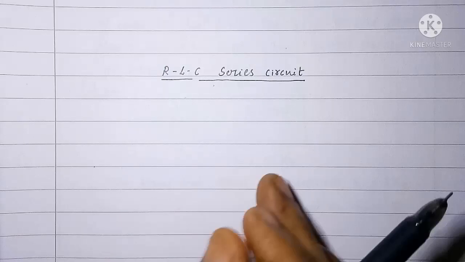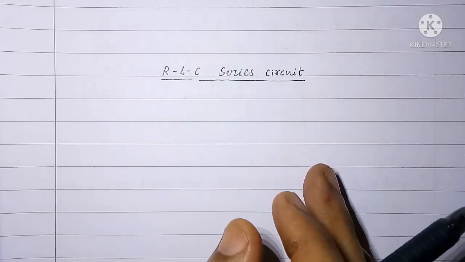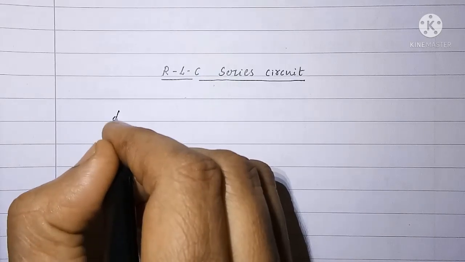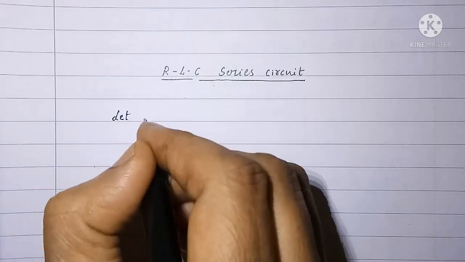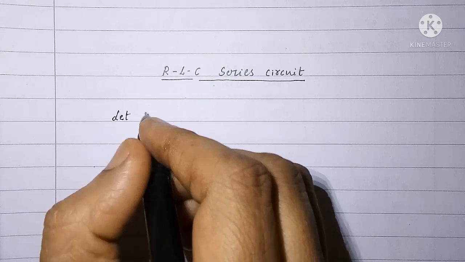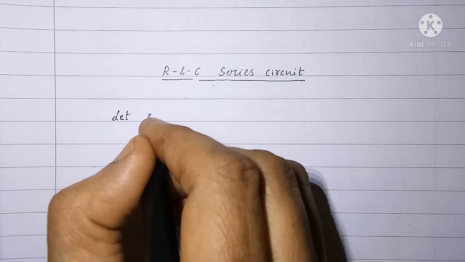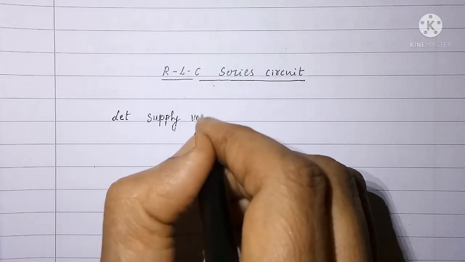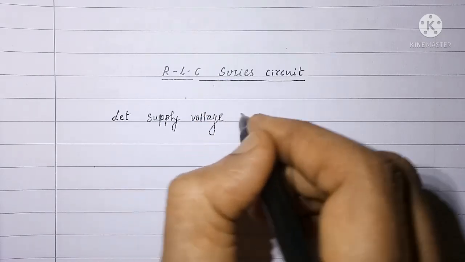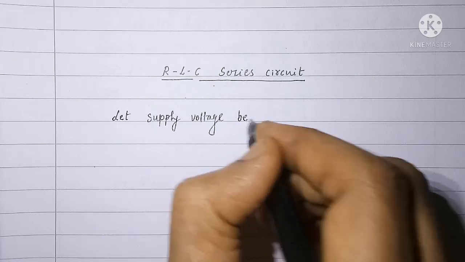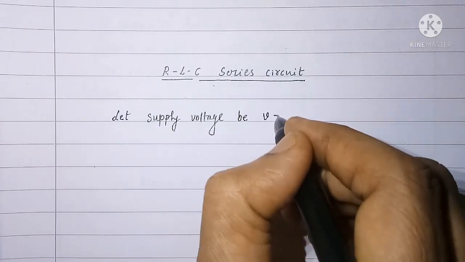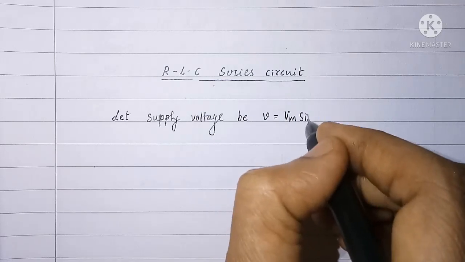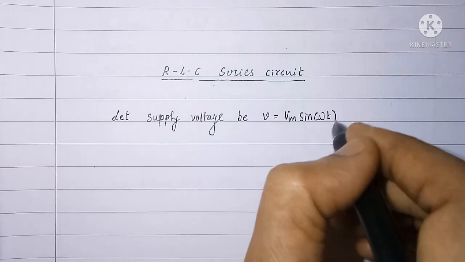So, to understand how it happens, let us say supply voltage be equal to Vm sine of omega t,